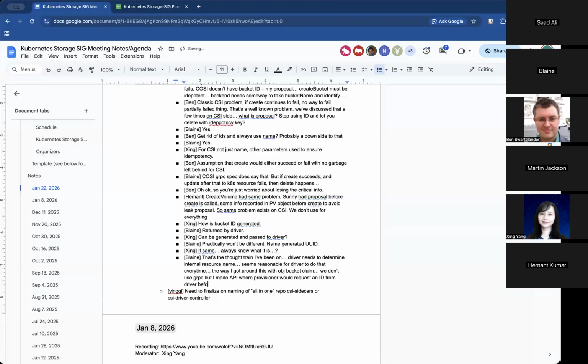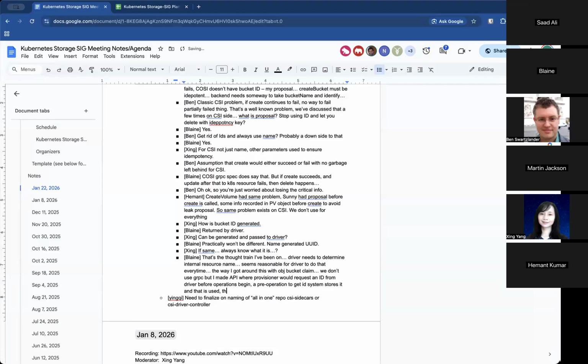So it basically does a pre-operation that says, hey, here's my idempotency key, tell me what you want to use as the ID here. And then the driver returns that ID. The system stores it, and then that is used, even for creation. So that is something we could do instead.